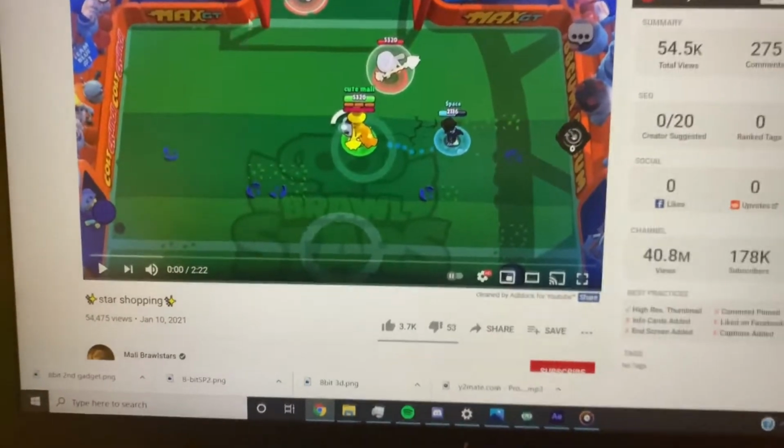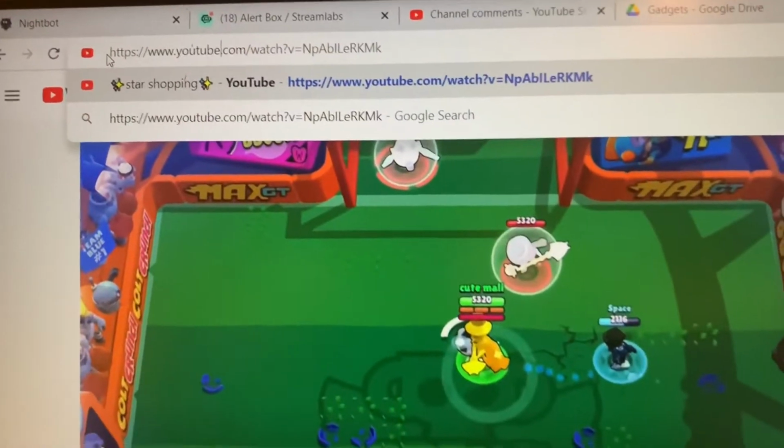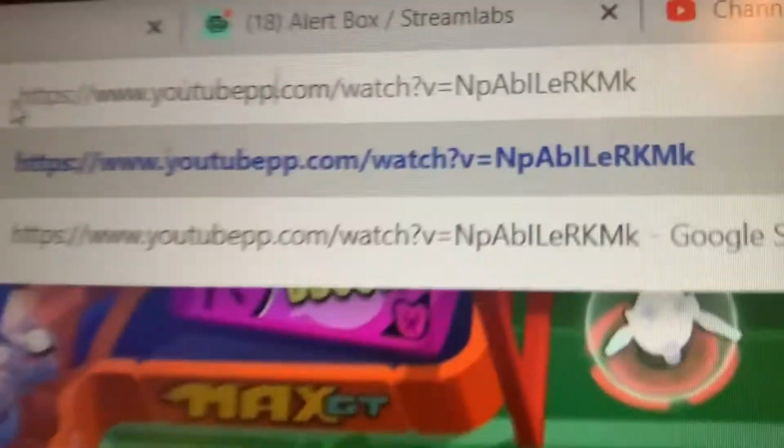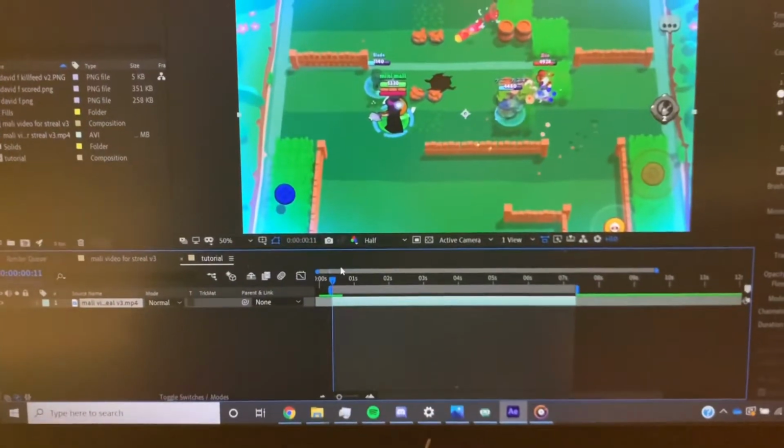By the way, the way to download YouTube videos is you go up into the address bar and you put the letters PP after YouTube, and then you hit enter, and it'll take you to this sketchy website where you can download the video. So once you've downloaded your video and downloaded After Effects, you're going to want to